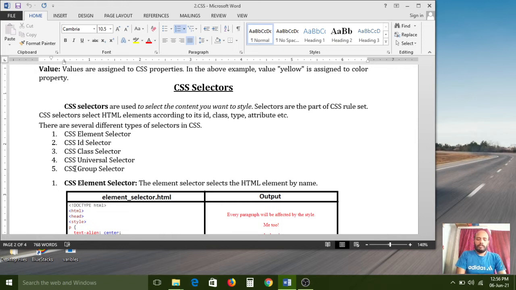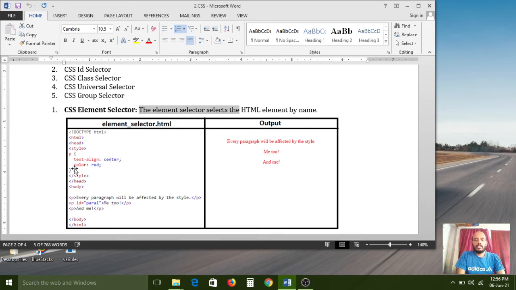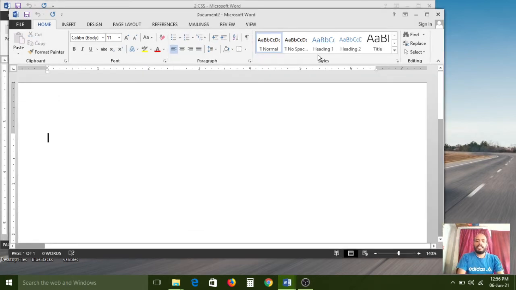First we have to know about the CSS element selector. The element selector selects the HTML elements. Till now, how many elements have we seen in HTML?